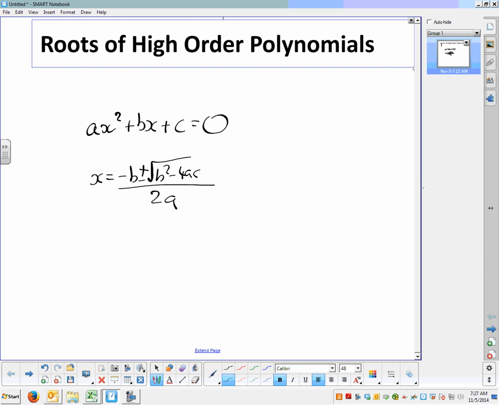Over the last few lessons, we've been talking about higher powered or higher order polynomials. In the past, I've mentioned that there is an analogous formula for cubics that you can just plug the values into and follow the rules for and get your values for your roots, but it's quite a lot more complicated. And we're not interested, really, in solving cubics in that way. But we can make some useful statements about the roots of